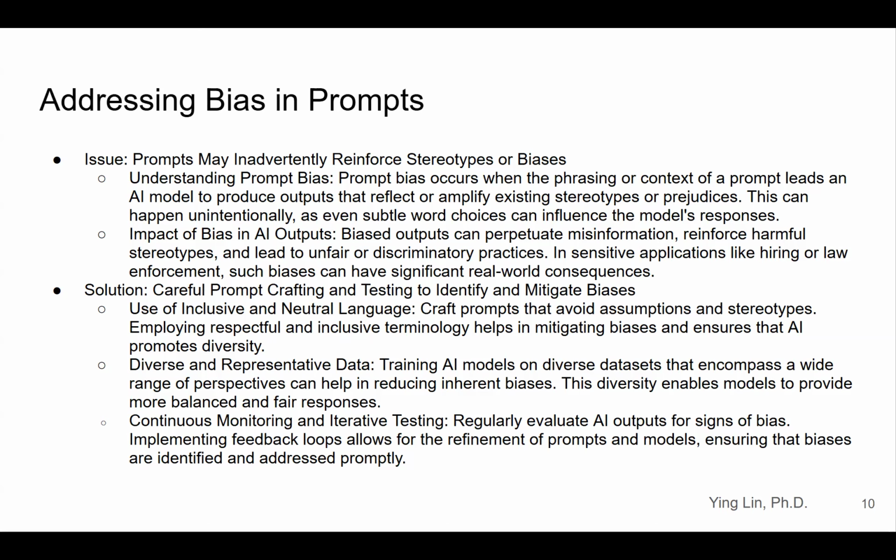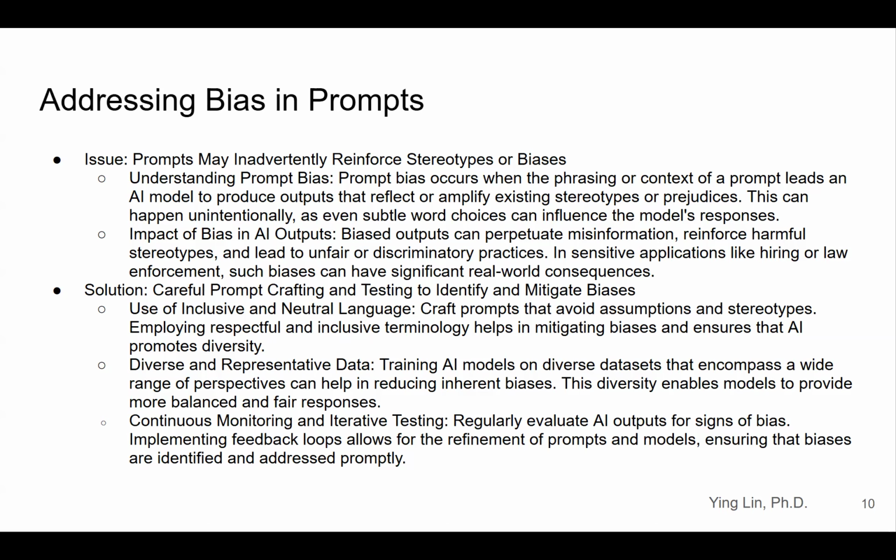So AI reflects the bias in its prompts. Biased inputs create biased outputs. So we need to mitigate bias in AI prompts. The first solution is to use inclusive and neutral language to avoid assumptions or leading questions. Use open-ended and balanced phrasing. For example,